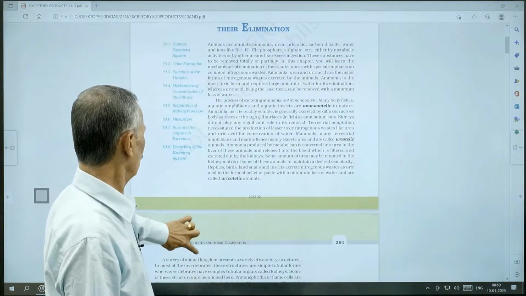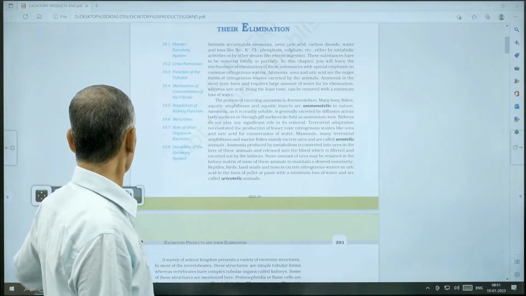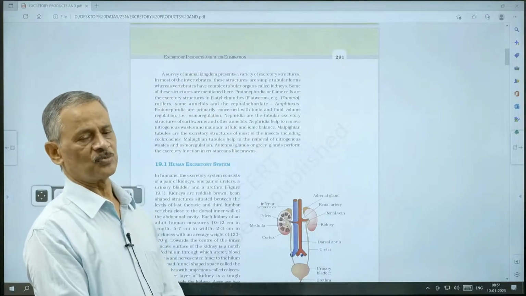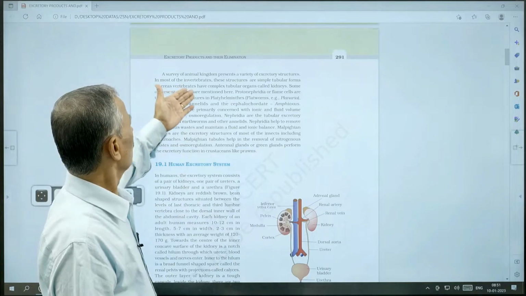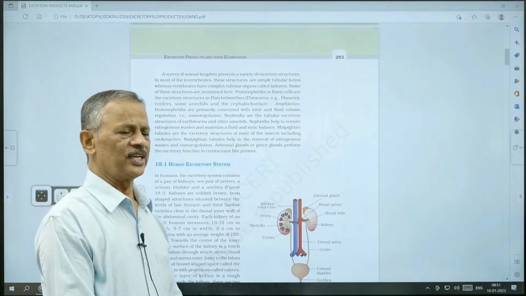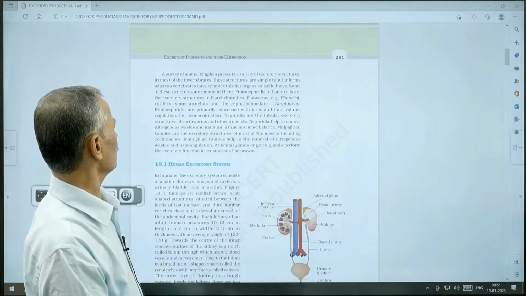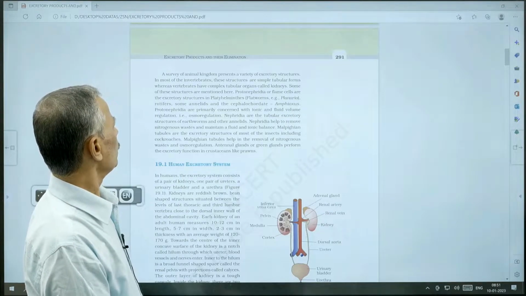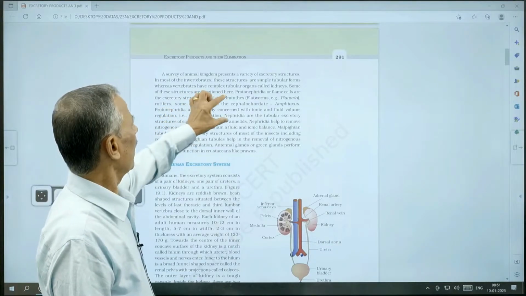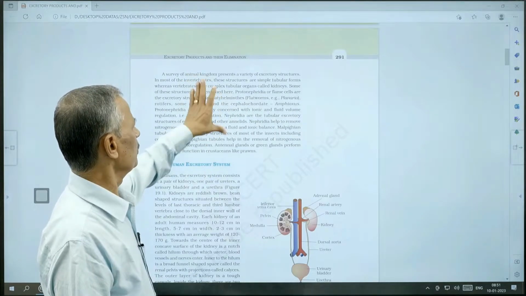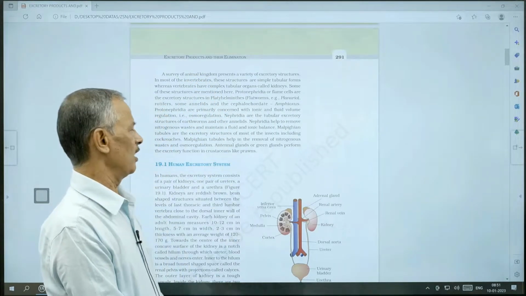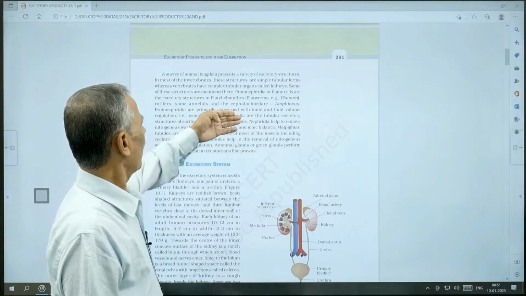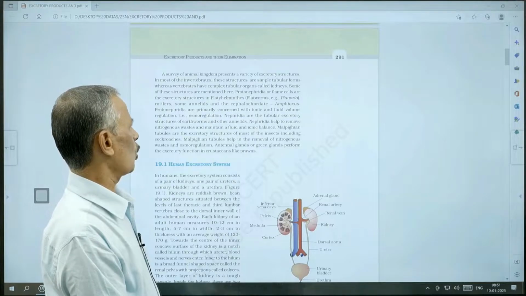Okay. Now, different animals are having different organs for sending out of waste material. In the case of most of the invertebrates, these excretory structures are in the form of simple tubular structures called nephrons. And protonephridia is the most simple, primitive type, which is also called flame cell. Flame cells are present in platyhelminths, some annelids, and in a group of chordate called cephalochordata, example Amphioxus,